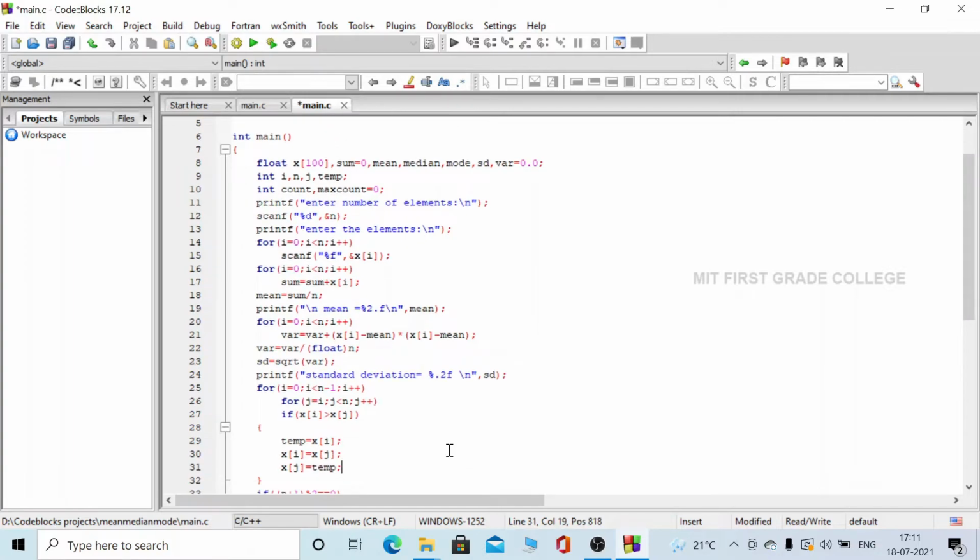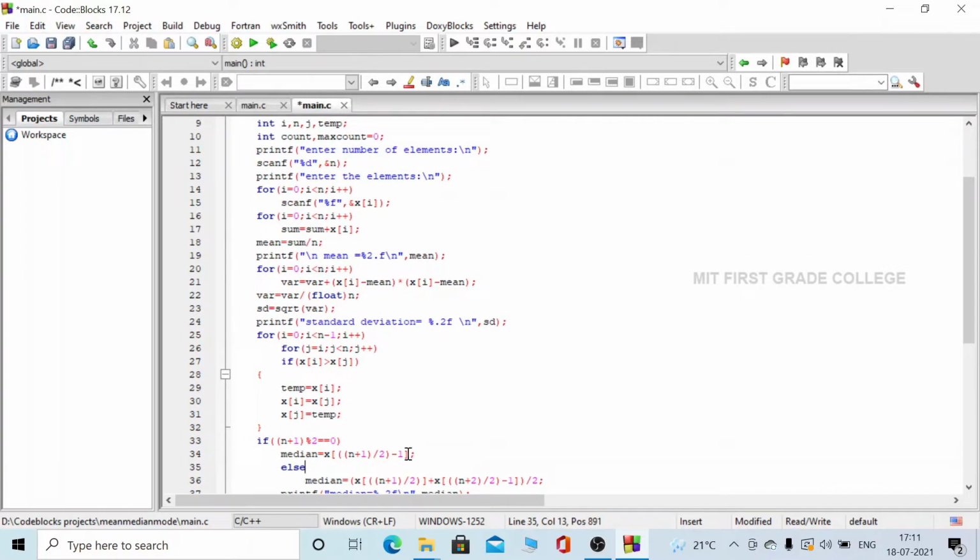Next, we are calculating the median. To calculate the median, the array should always be in order. Here again a for loop is used to arrange the array in order, and then an if statement checks whether the number of elements is odd or even.